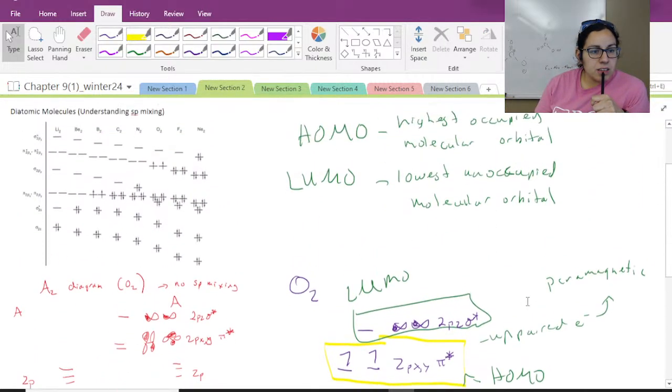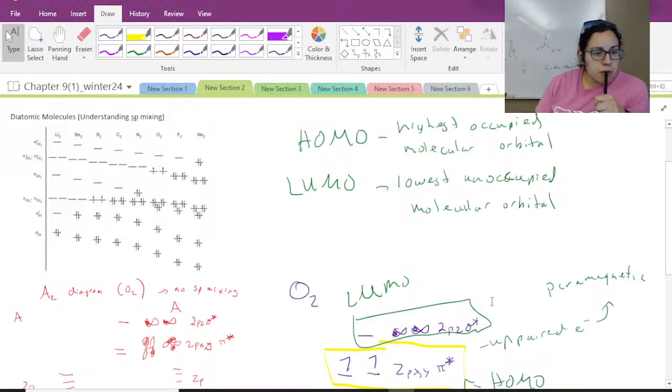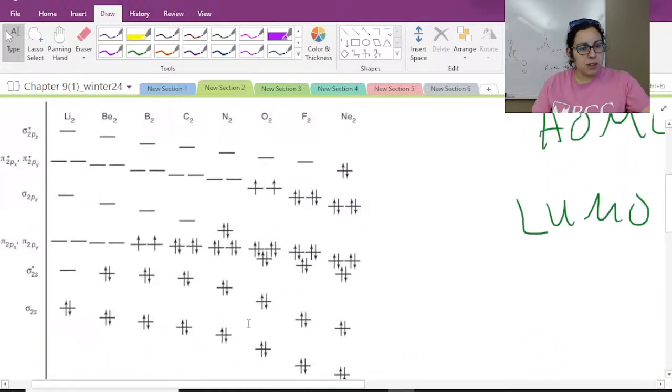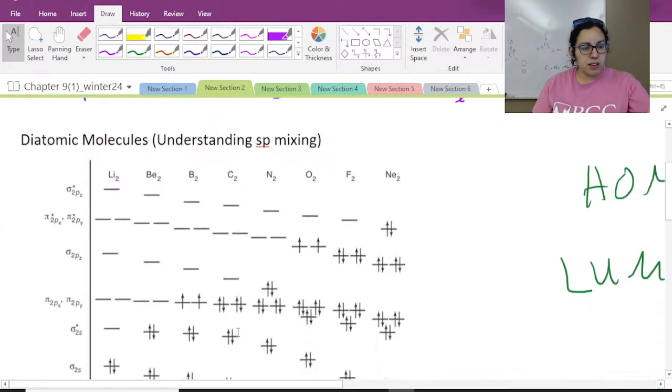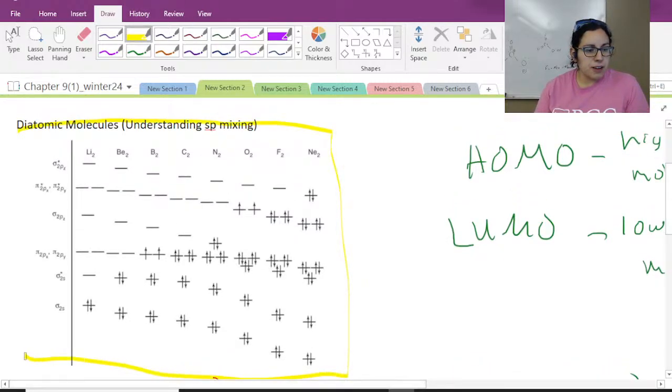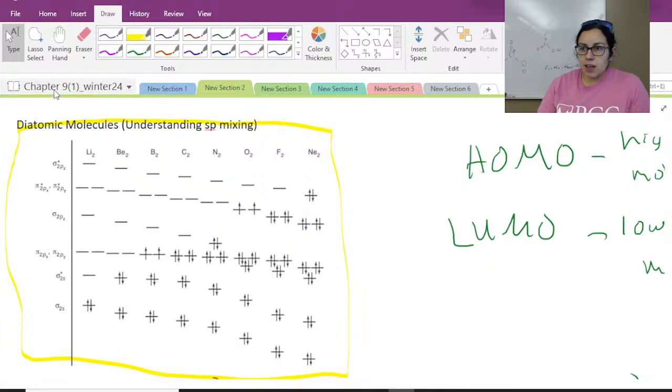So now let's look at N2. But we're going to see there's actually a little caveat with N2 as well. And so let's look at this picture to kind of help us. And you might want to star this, or I think your book should have a variation, although I was having issues trying to find it. But this is a good cheat sheet for all these diatomic MO diagrams. And so this is just, right, the order of all your orbitals. But let's kind of look at it. And so, right, we had just finished